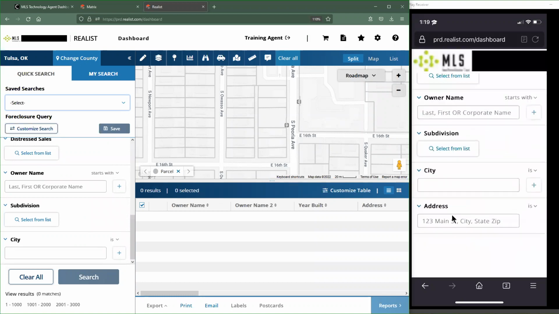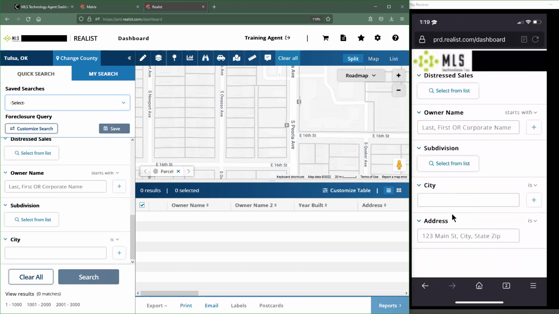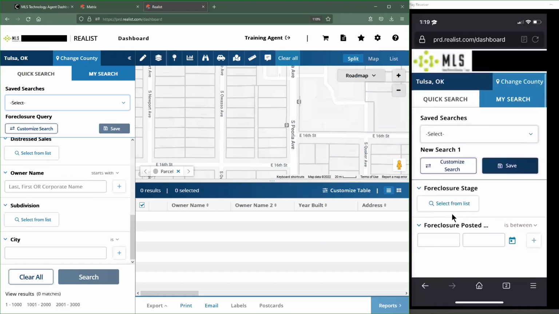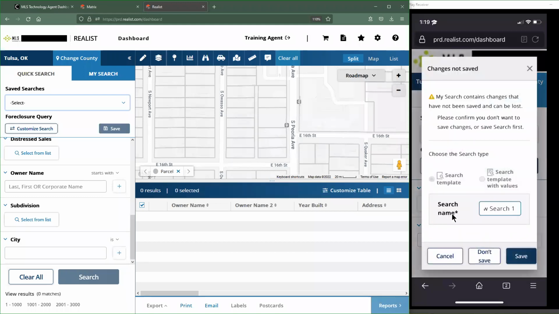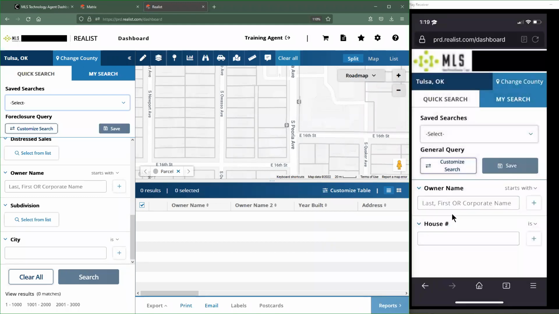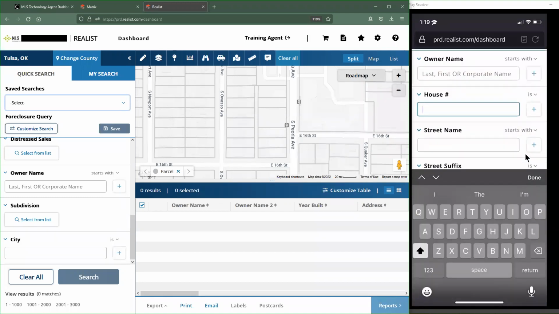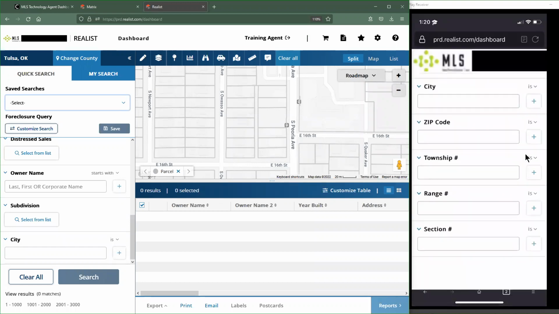So down here at the very bottom, I've got an address space. Now, one thing you guys should know about this is that when you're using the mobile-friendly version of this site, the layout is going to be a little weird when you get to the results. So let's just do a quick example. I'm going to be doing a single address. We'll use the same one that we use in our, there we go.